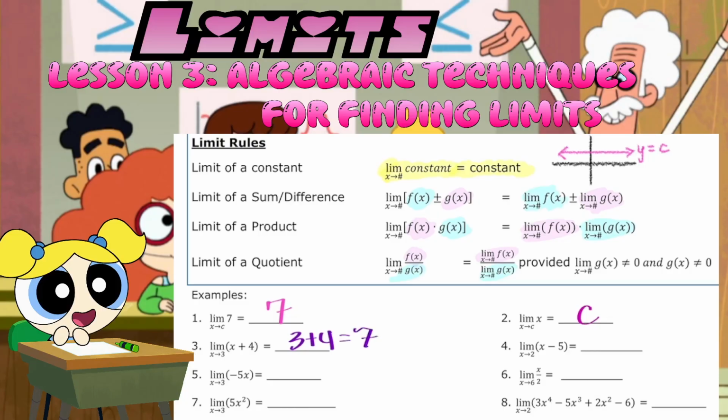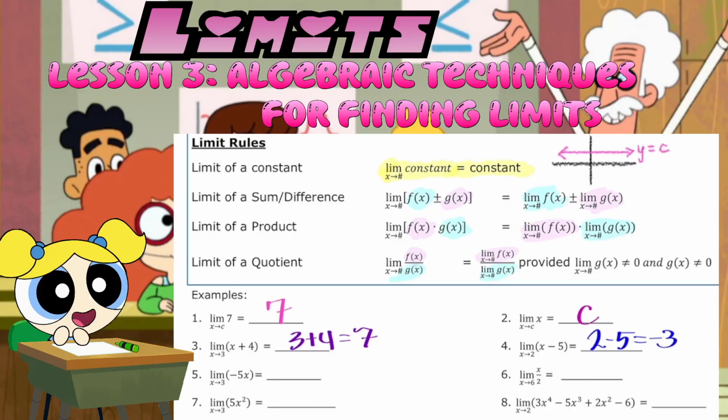If you're manipulating the functions inside the limit, you have to write limit as x approaches whatever every step of the way. And then when you actually take the limit is when you can drop writing that. So here again, they would more or less expect you to find the limit of this one, the limit of this one, and then subtract your answers. But we are normal people, so we're going to just get our answer 2 minus 5,